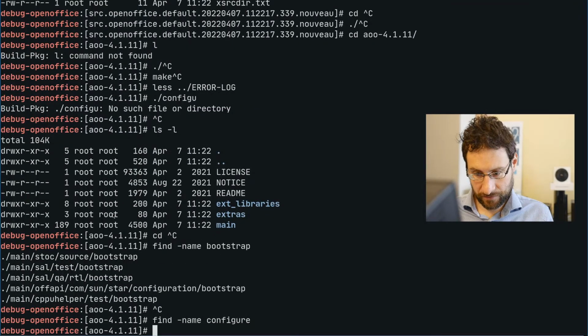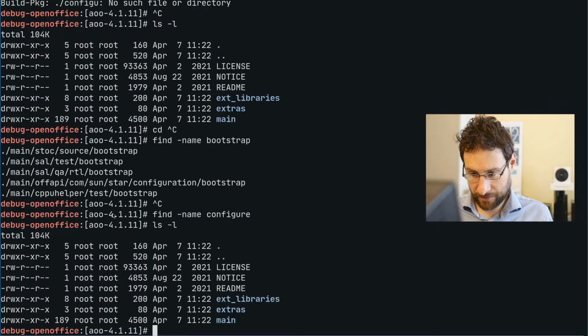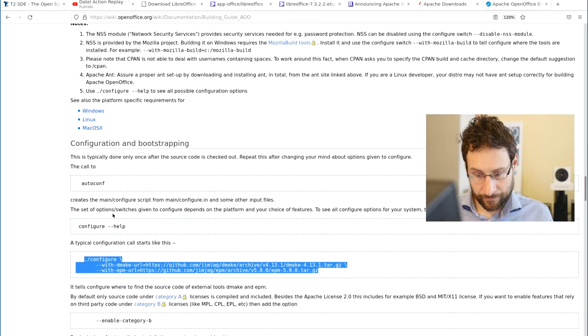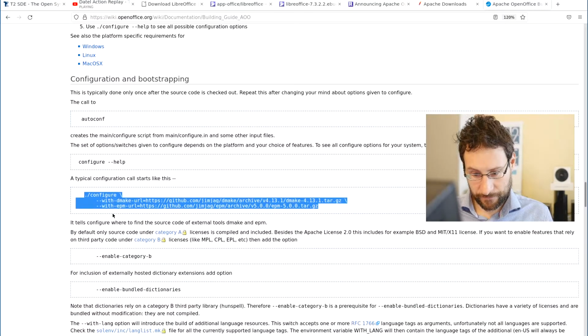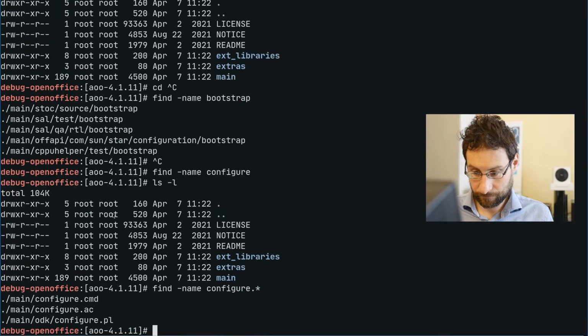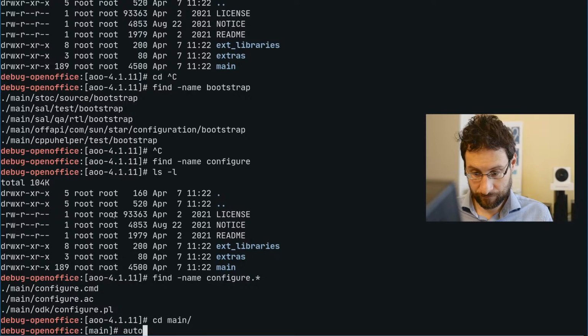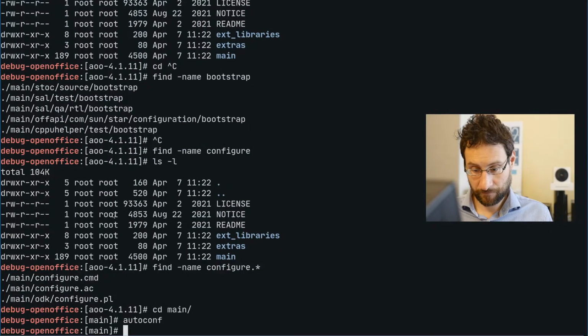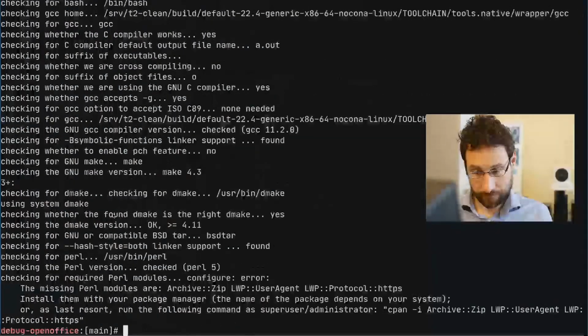What, they don't have a configure? They really expect us? What the heck? Oh man. Yeah, okay, we need more Perl stuff.